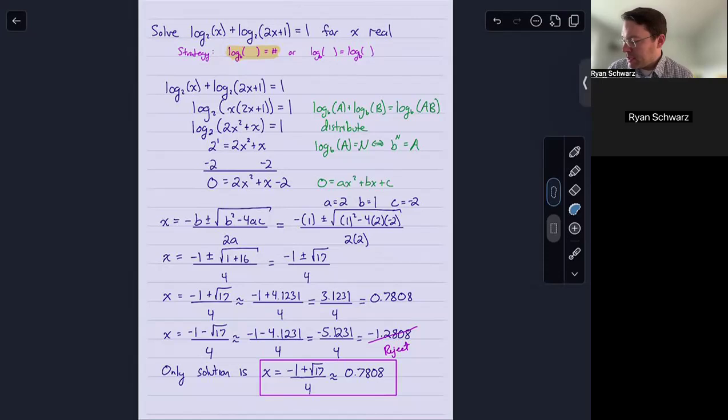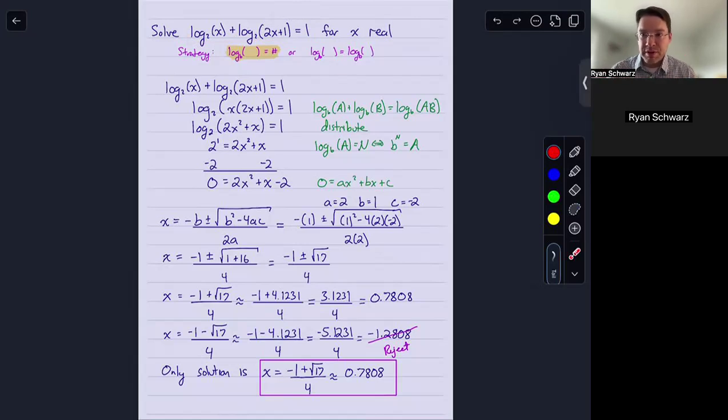Okay, let's look at this specific logarithmic equation. We've got log base 2 of x plus log base 2 of 2x plus 1 equals 1. And we want to try to find all real solutions. So if you are just interested in looking at what the solution is that I have written out here, that's